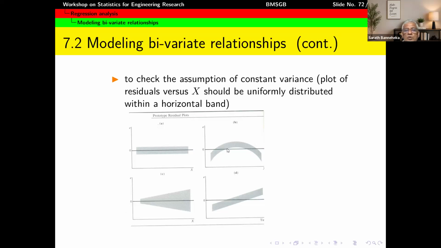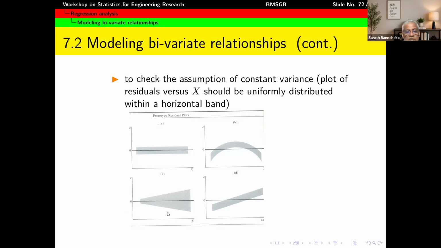Maybe the points, or the residuals, are scattered within this band, but in a pattern. That is an indication that your model selection is not good. Model selection is not good, even though the constant variance assumption is reasonable. If you see this kind of pattern when you plot the standardized residuals